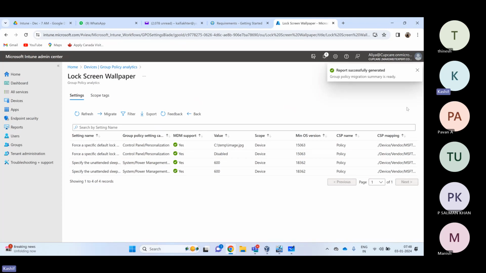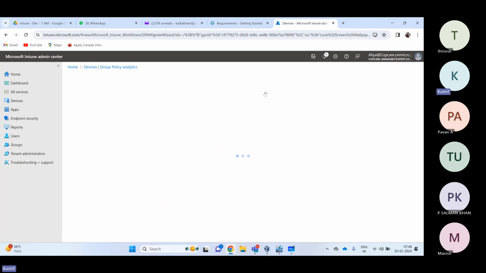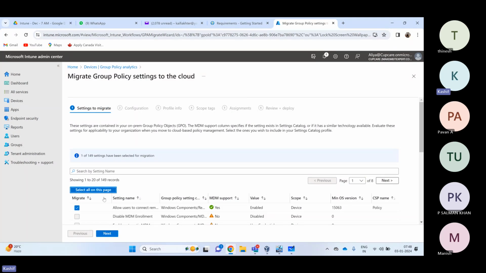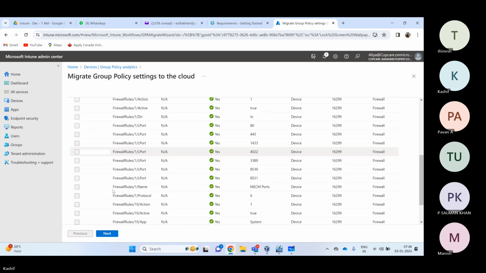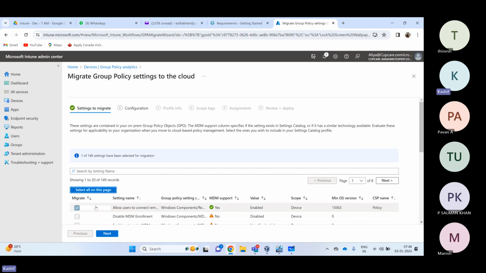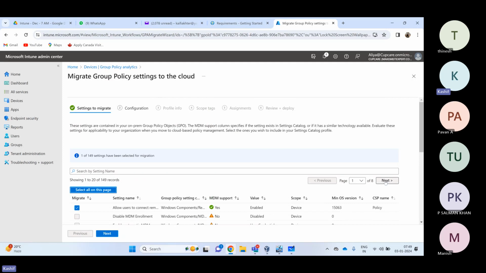from Intune portal. Okay, so I'll choose the one which is 100%, or you can choose both of them and then migrate. Okay, and select all the policies which you would like to apply. So the ones which are disabled, you cannot do that. So next, select all on this page. Okay, one by one you have to select. Okay, so you need to go to the next page and then select all on this page, next page, like this. Next,